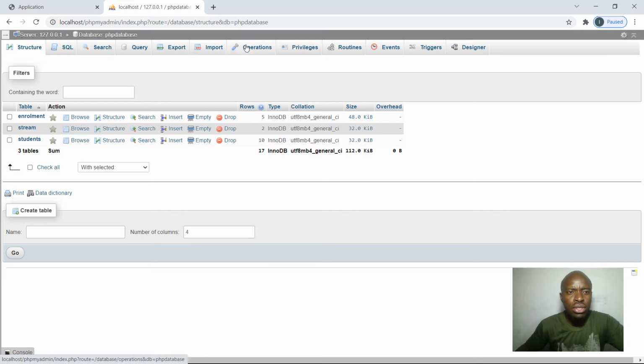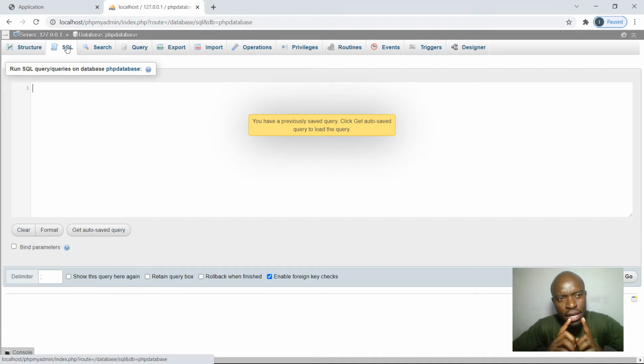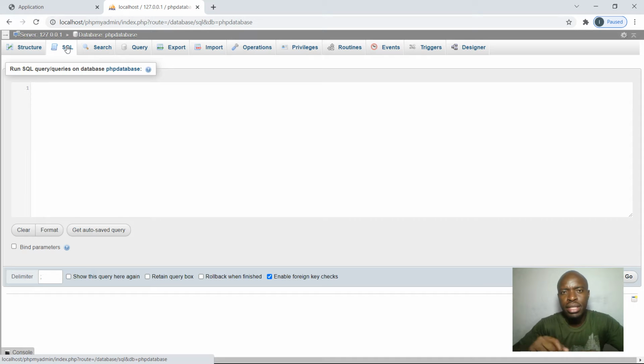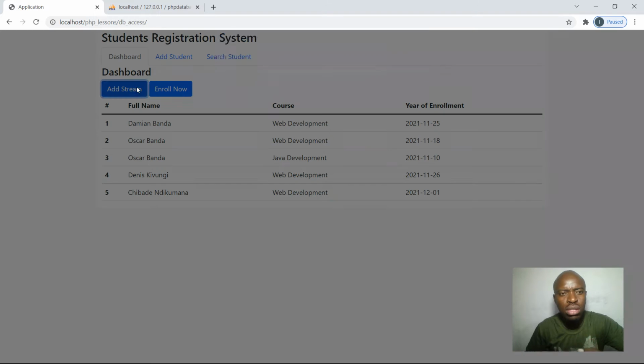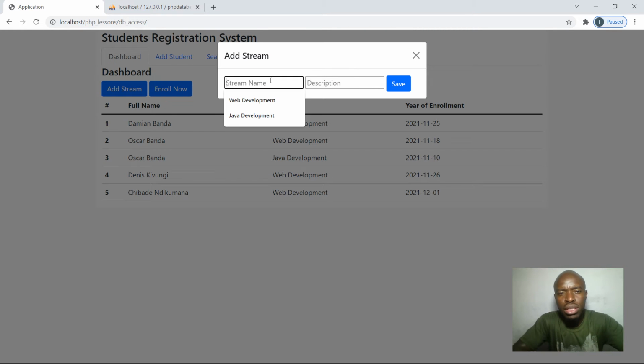All right, so we'll start by looking at the code, and the grouping will be mostly useful when there is repetition of certain data. When there is a repetition, that will be more important. So for us to make that useful, we can't rely on Oscar Banda. We can also add a course. We can add one more course, and this course will be called